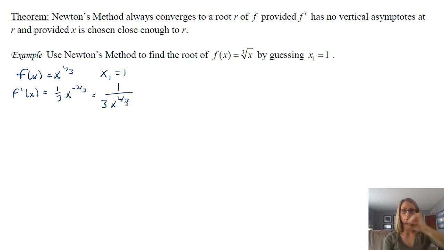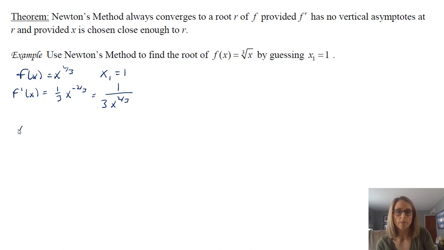And although it's continuous everywhere, there is an issue at 0. You can think about what that issue is, or you can graph this and think about what that issue is. But it does go through 0. You can see that 0 for x gives you 0 for y. So we know what the actual root is. It is x being 0. However, watch what happens when we use Newton's method on this.